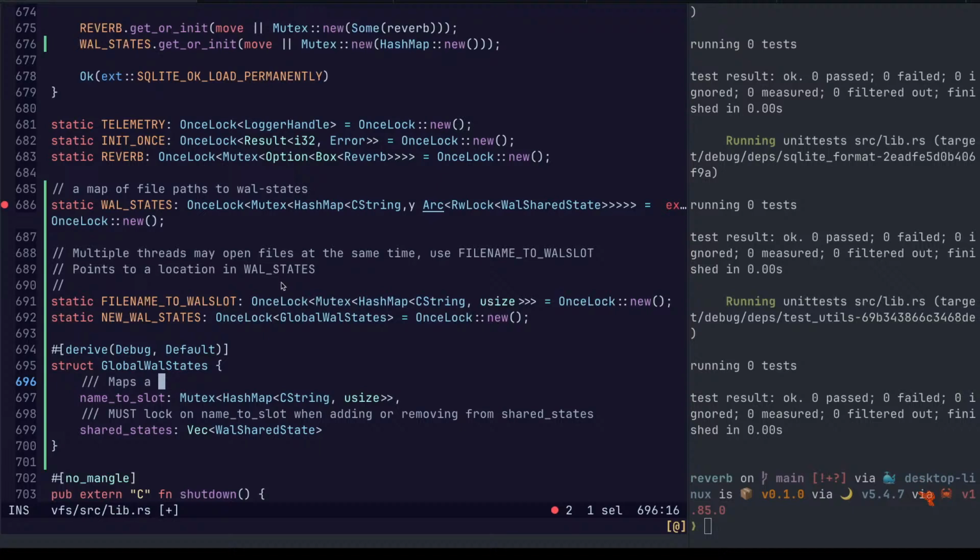Maps a SQLite file name to a slot to a state.